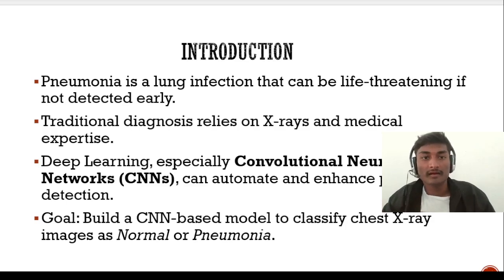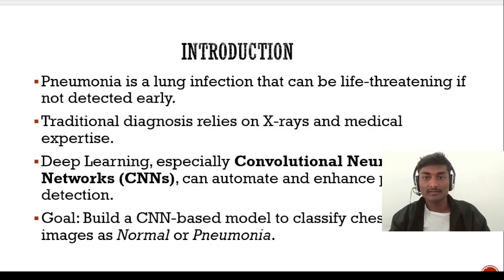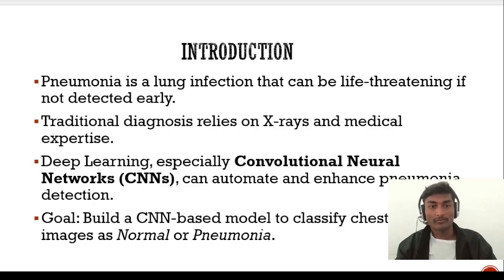The introduction. Pneumonia is a lung infection that can be life-threatening if not detected early. If pneumonia is not detected early, it will affect human life. Traditional diagnosis relies on X-rays and medical expertise. Deep learning, especially the convolutional neural network model, commonly known as CNN model. Our goal is to build a CNN-based model to classify the chest images as normal and pneumonia, in which